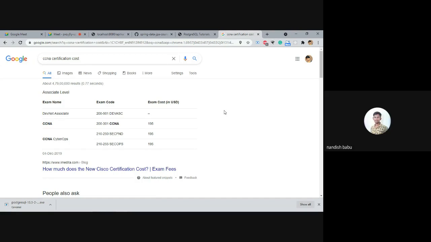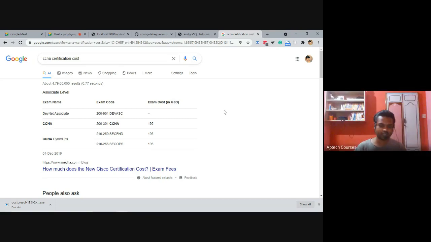How is that role, sir? That is also good, man. Actually, if you get the certifications and if you get the experience, that is also very good. However, we have scope in the software field like that, and we have future scope in the networking field also, but you need to do proper certifications.